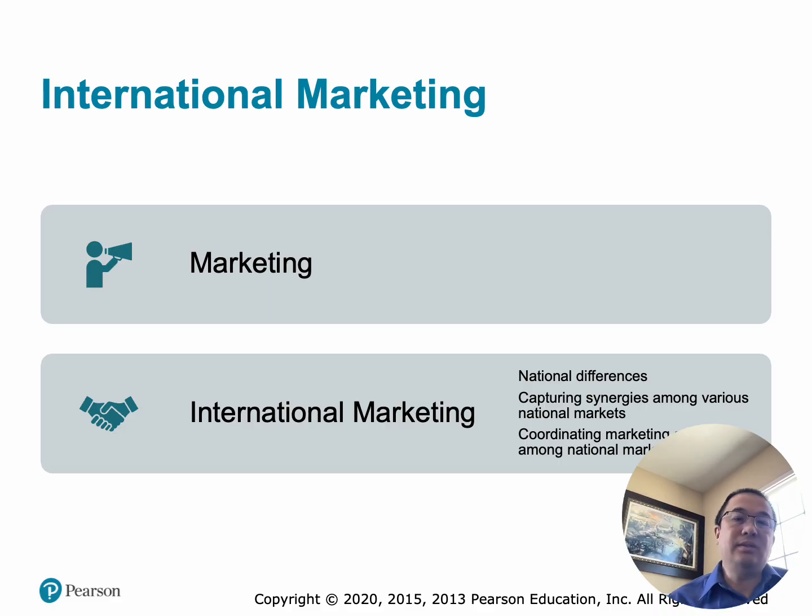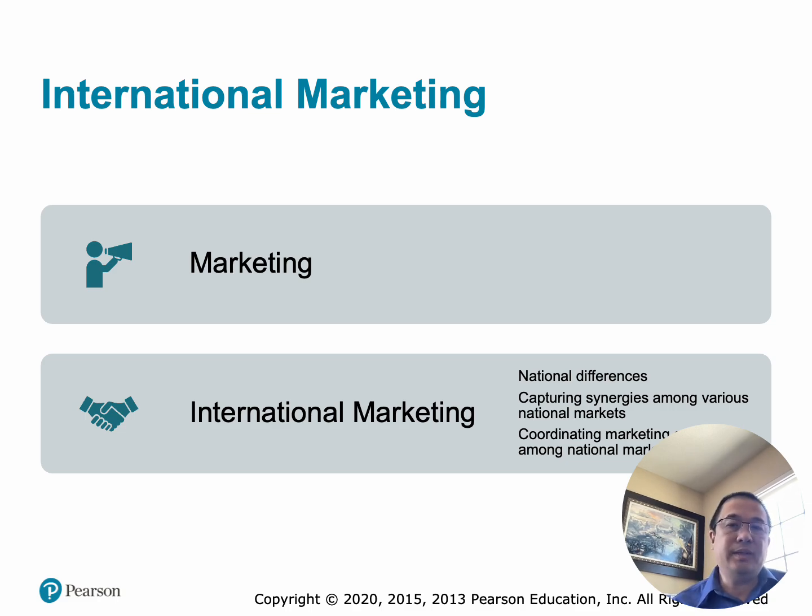Number 1, national differences. Countries are not the same. Businesses must recognize differences in culture, language, religion, consumer preferences, income levels, and legal requirements. As an example, McDonald's sells beef burgers in the United States, teriyaki burgers in Japan, and McSpicy paneer burgers in India. The company adapts to local tastes and cultural preferences. The key point is that a marketing strategy that works in one country may fail in another.